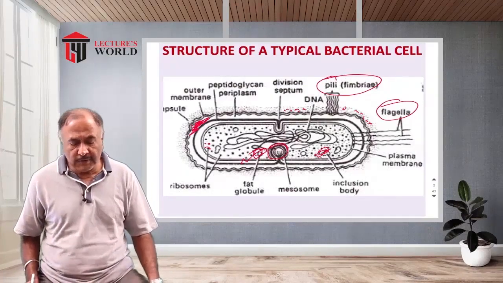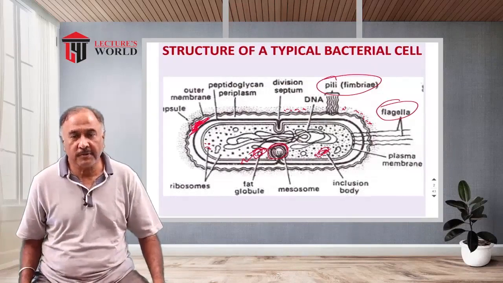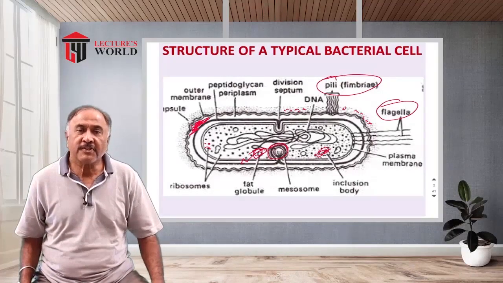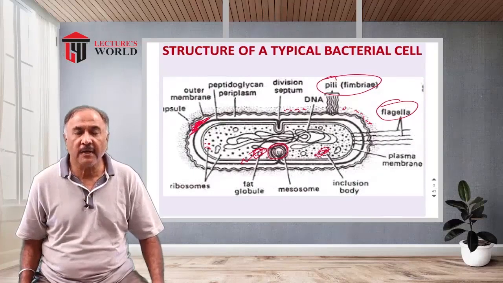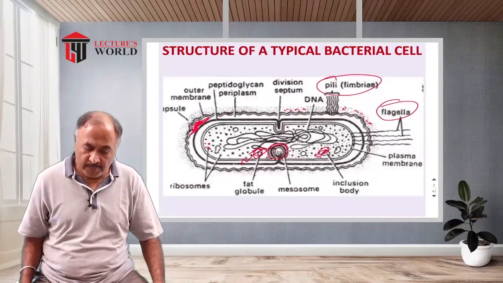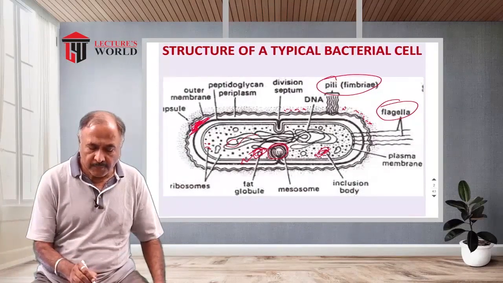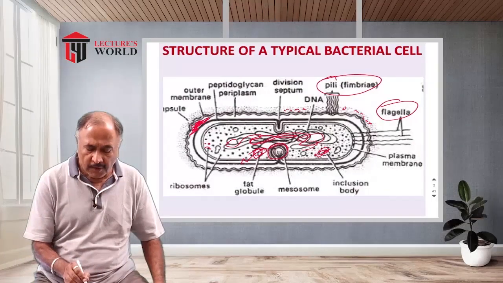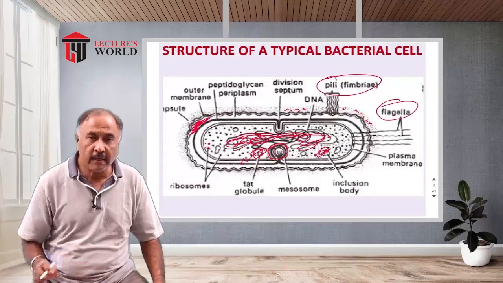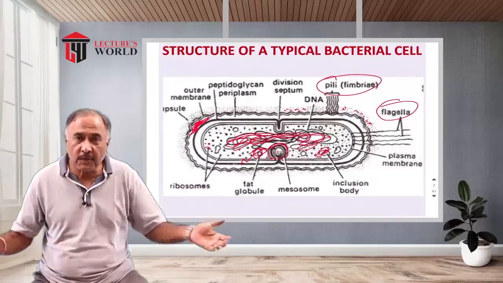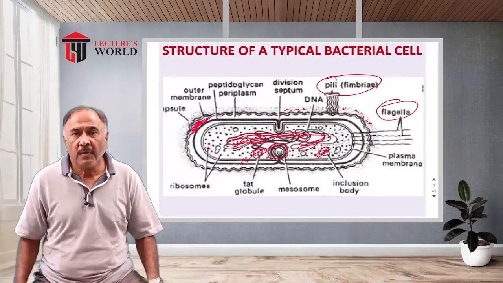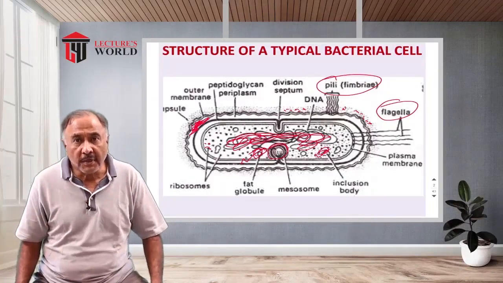And the most important component, which is the hereditary material and controls all the functions of the body, is this thread-like structure which is distributed over the entire cell, called nuclear material